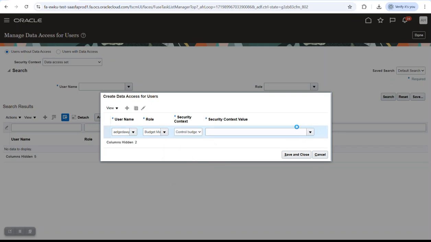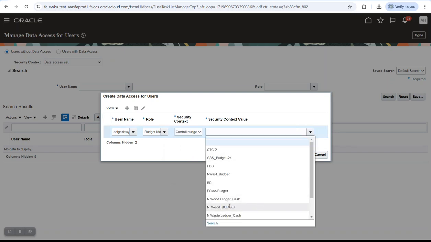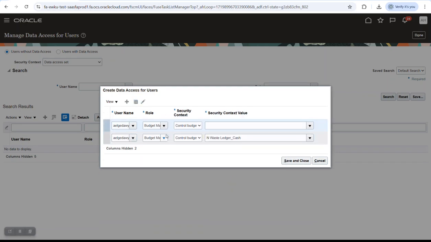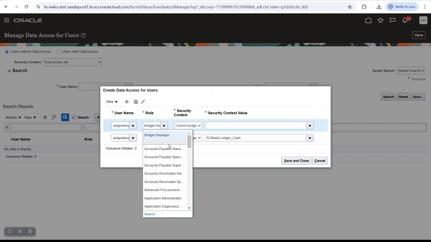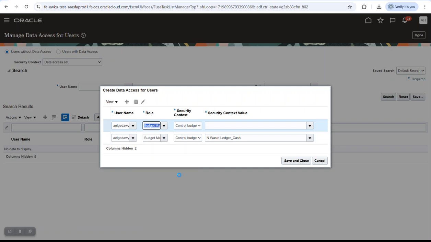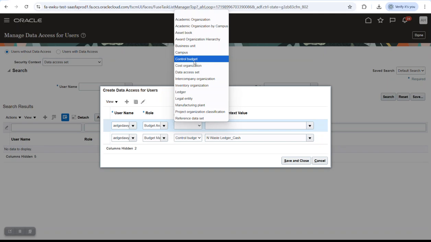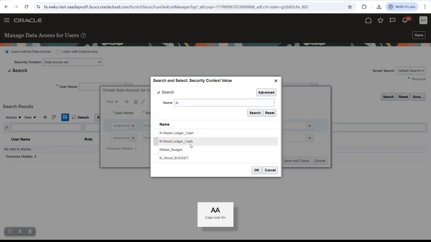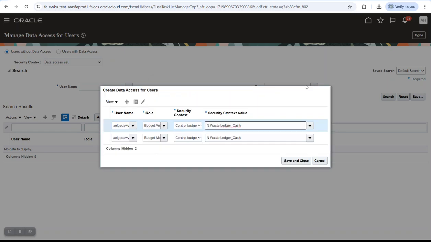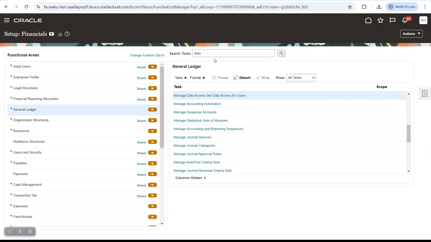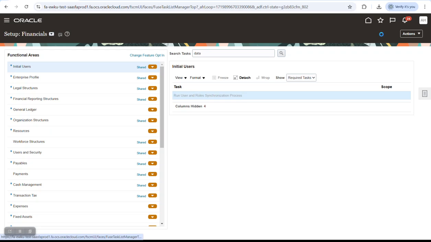For control budget you will find this one, cash, which we defined before. Again I will assign the same for my other role, which is budget analyst. Again control budget, again first cash. Save and close. Done. Run LDAP from here or from schedule process